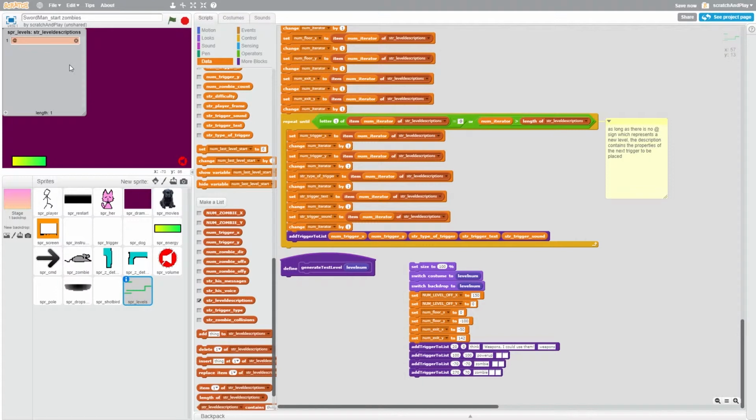To create a level, or multiple levels actually, to extend your game, you have to write into the level descriptions list. The first line is the level number which you want. In this case we're going to start from 1, and then you start typing all the numbers that were used in the generate test level,